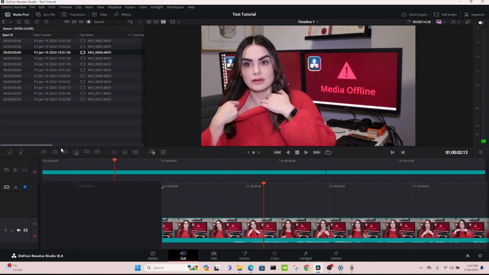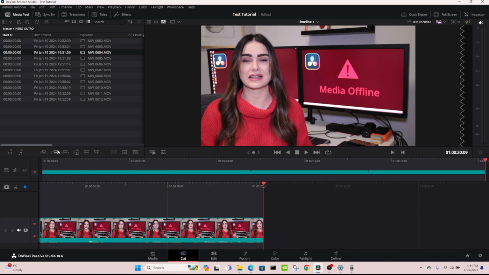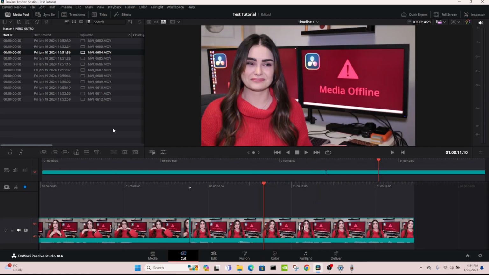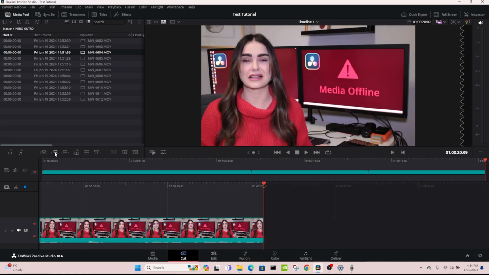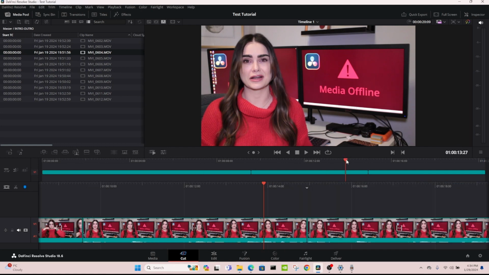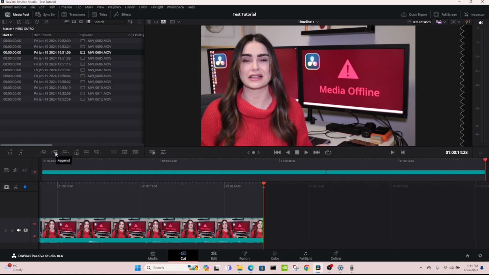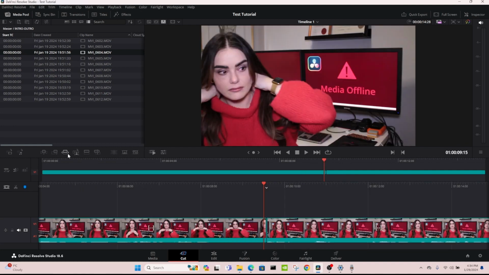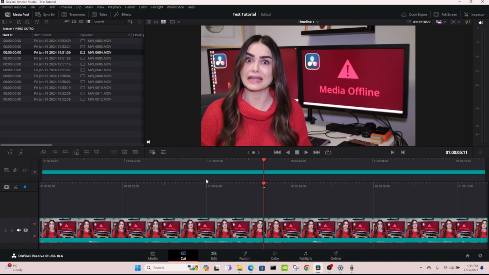You can move that back and forth. Basically, you can use that to scrub through your timeline really quickly. That also indicates where you can place a clip in your timeline. Append just means it'll go to the end of a clip that's already in your timeline. And this will overwrite. I will go through those in another tutorial as well, but the main thing you'd need to know at this point is insert.